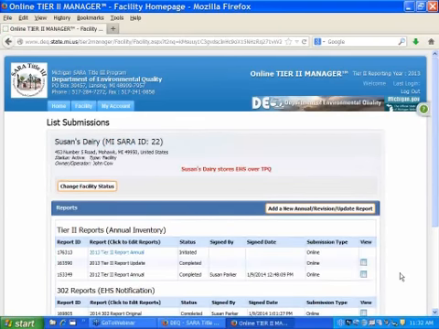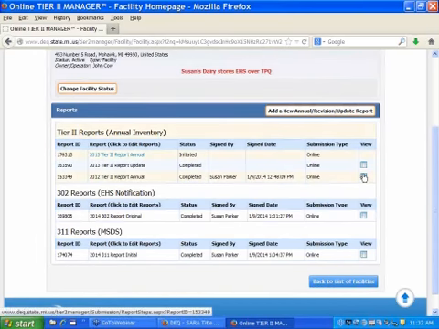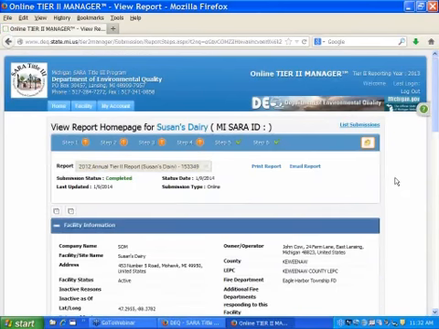The other thing I want to show you here is that for any reports that are completed, so once you complete your 2013 report, you can go over here to View, and you're going to have some other options under View that you didn't have before. Do you remember when we were in the initiated report, I could print it. Once it's completed, you're also going to have the option to email the report. So if I click on Email,